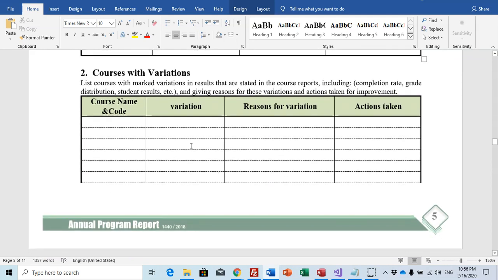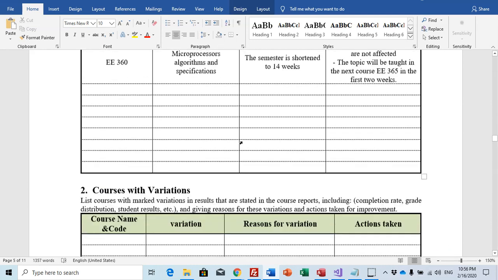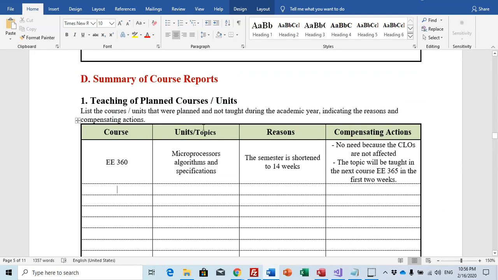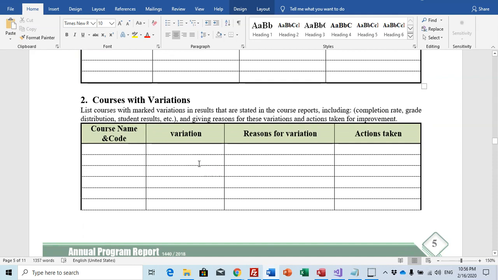List courses with marked variations in results that are stated in the course reports, including completion rate, grade distribution, and student results, and give reasons for these variations and action taken for improvement. Here everything is clear. But now you are talking about the completion rate and grade distribution, which should be discussed in the department council.